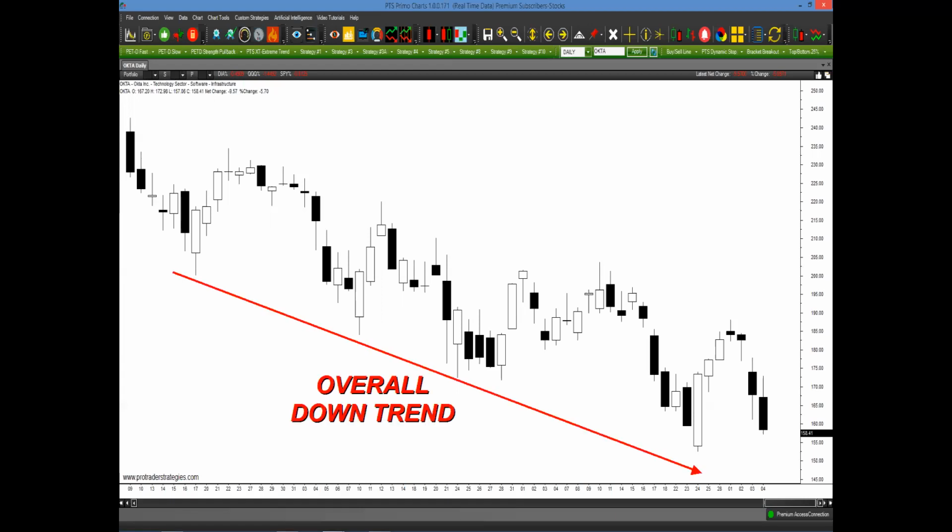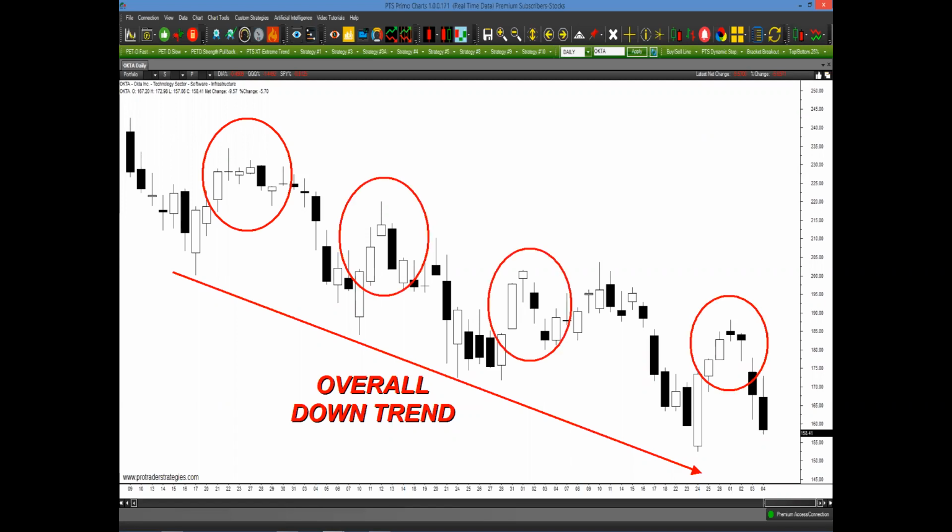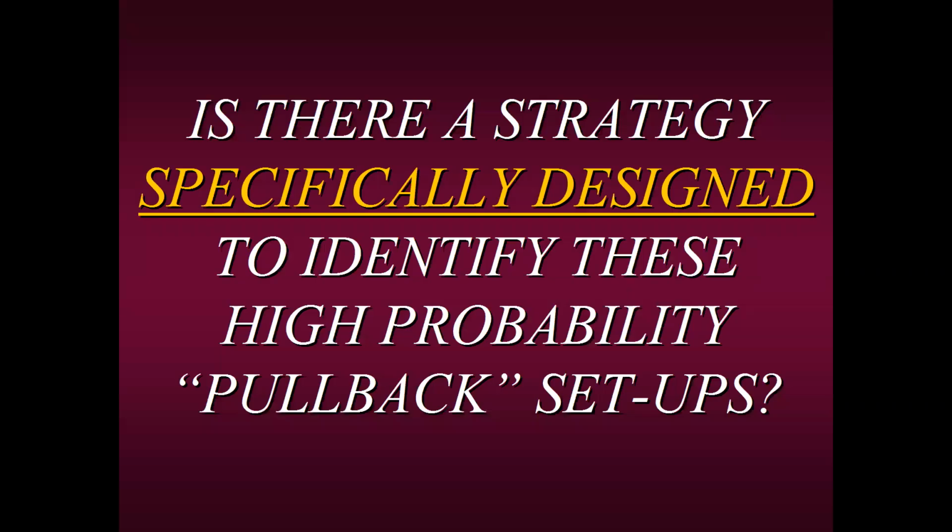Now, looking back in hindsight, sure, we'd love to sell this, but how could we? Well, a pullback trader looks to sell at these large, moderate, or shallow bounces or rallies. Those are the opportune places to sell at higher levels, to go short, to buy puts, whatever you'd like to do. So this brings us to ask the question, well, if this is such an opportune way to trade,